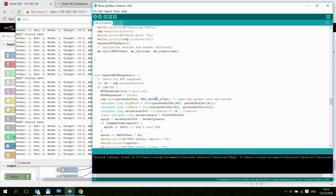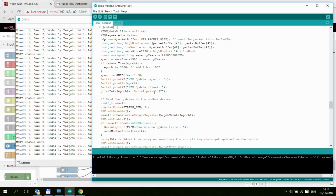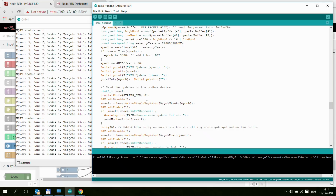Okay, the setup we talked about. Handle NTP response is again an example that I pretty much just copy and pasted and did very little modifications to. That's reading the UDP response from the time server and then doing all the calculation to get to the actual time and date, which we are then going to use and send over to the